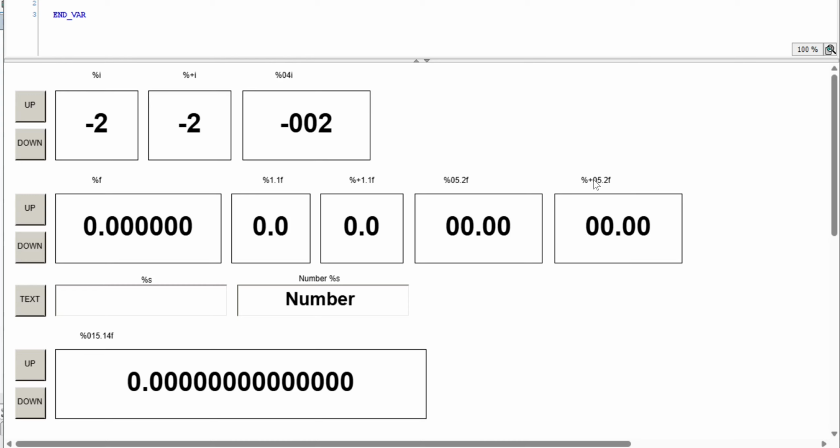The only difference is that we have the addition of the plus, which means that we're going to show the sign. So if we come over here and increment it, we incremented by 100th. And so you can see in the raw data box here, we increment by 100. In these two boxes, we're only seeing 1 decimal place. There's no rounding applied because it's not rounding up to the nearest tenth. But then in these where we're showing 2 decimal places, we can see that it has